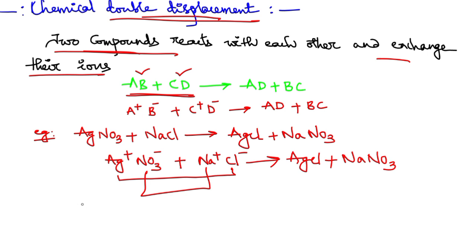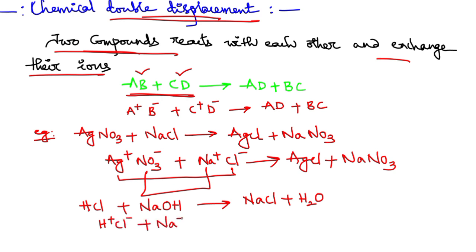Similarly, one more example, HCl plus NaOH gives NaCl plus H2O. Here H plus Cl minus, plus Na plus OH minus, the ions are exchanged, so it will become NaCl plus H2O. This reaction is also called neutralization reaction,